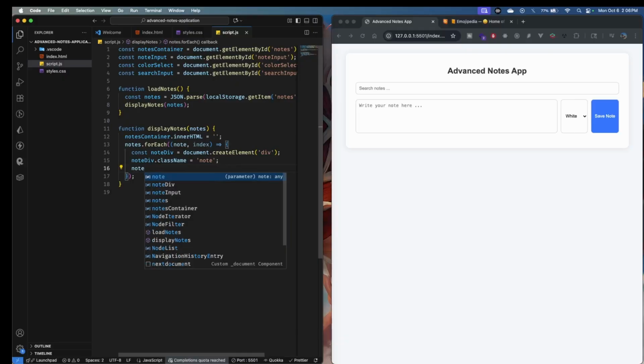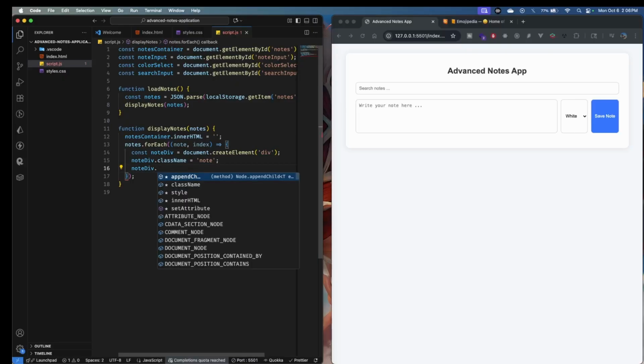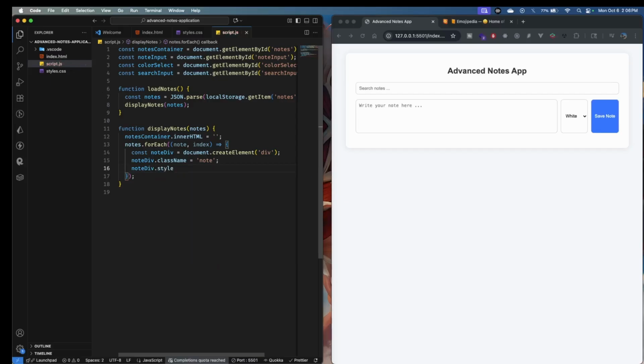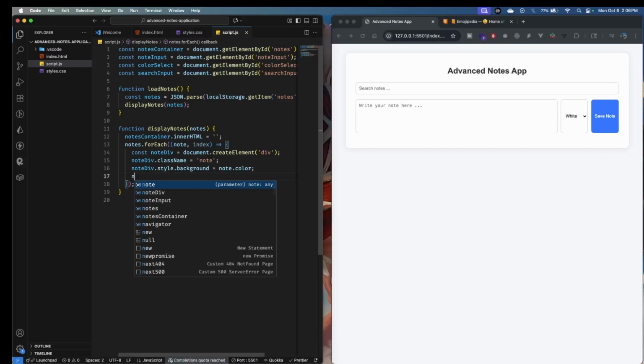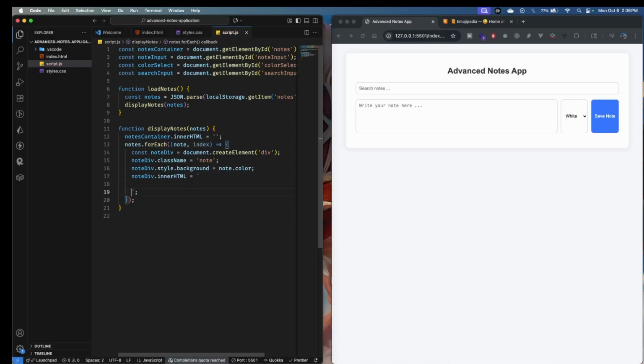Then let's put noteDiv, and we want to modify the background property, so we need to enter the style and then the background, and we want the background to be the color that the user selected for that specific note. This is the way that we are doing it. And then noteDiv, we are going to modify its innerHTML, so we are going to be using backticks here. Let's give some space here. We want